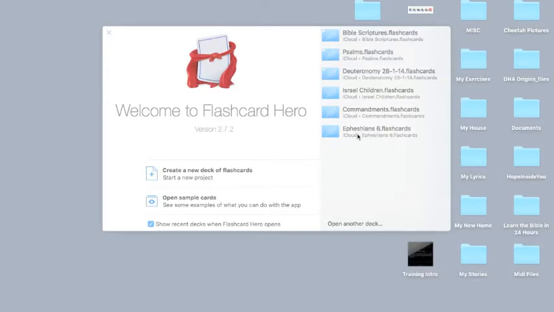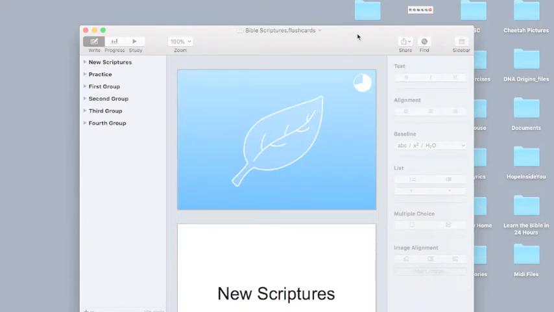And I have them there for different reasons on how I would like to learn. But the only flashcards that we're going to deal with is Bible scriptures. And I'm going to click on this now. So, as you see, when the Bible scripture GUI appears,